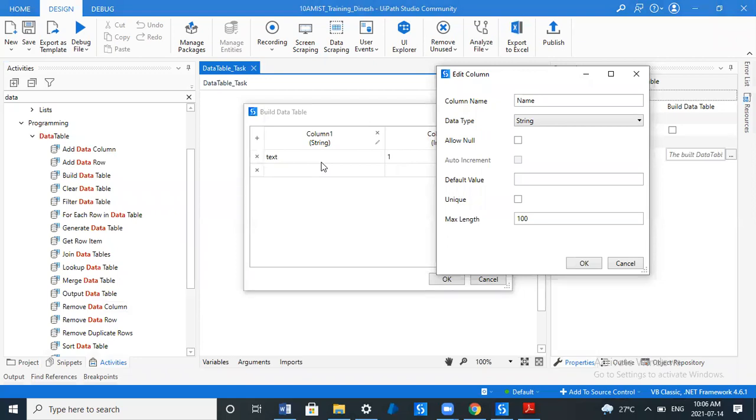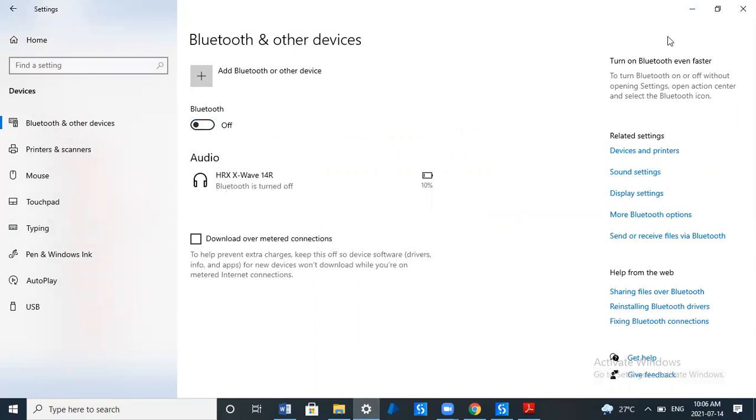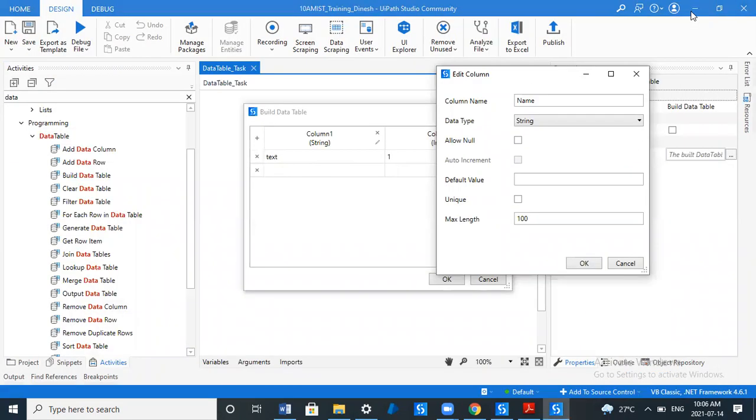So you can hear me properly, right? It is a little bit hard. Yeah, I just switched off my Bluetooth, it is having low battery. You can hear me now, right? Yeah, I am able to hear, but it's a little bit hard. No issues, I'll manage.